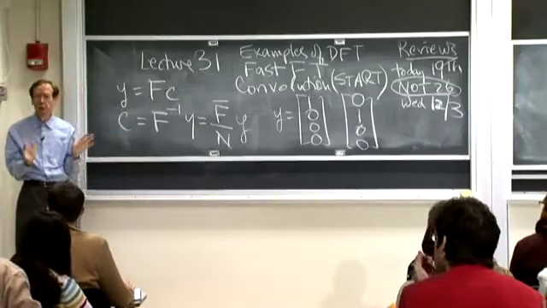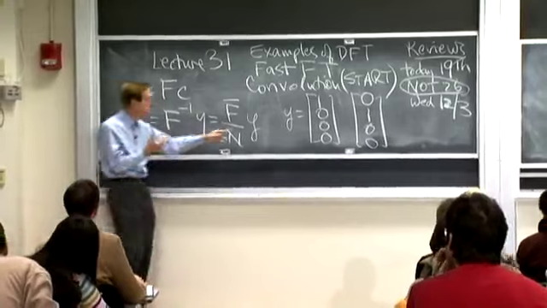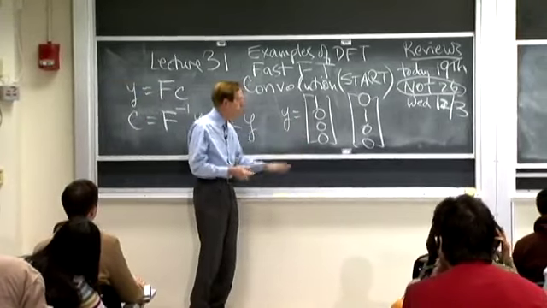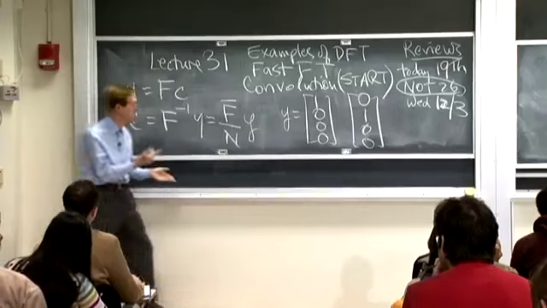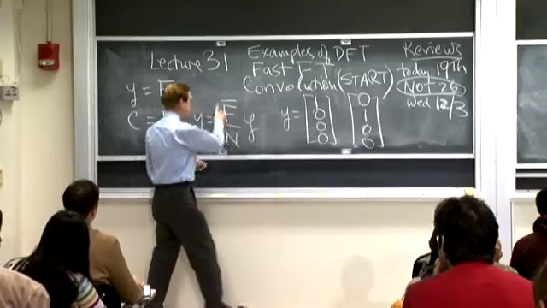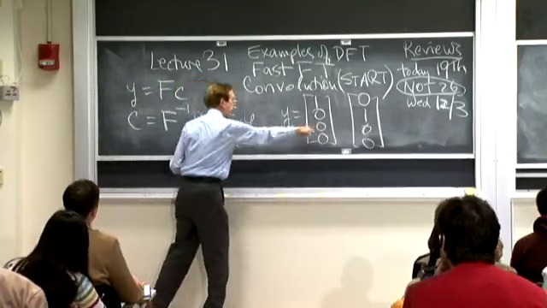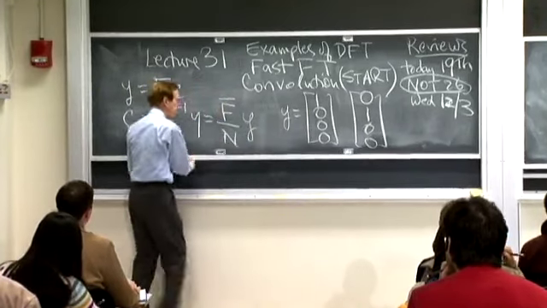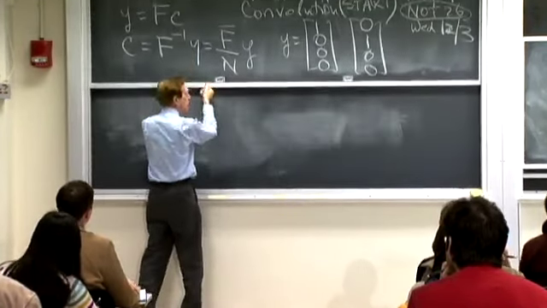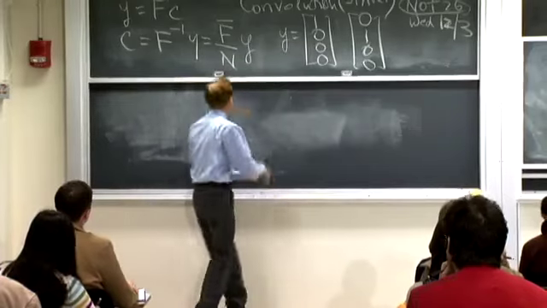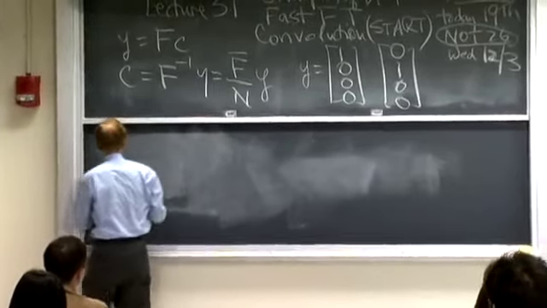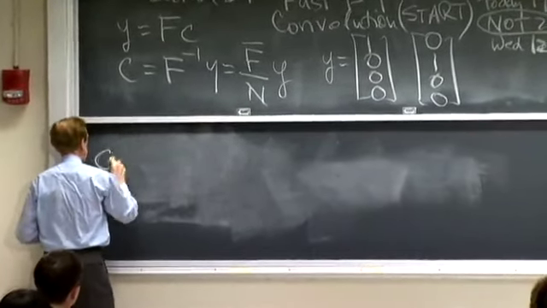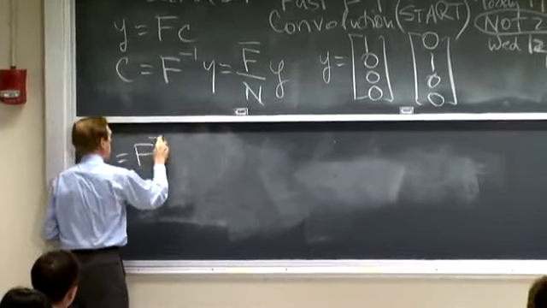Okay, ready to go on this example? Gives us a chance just to remember what the matrix looks like, because if I multiply this inverse matrix by that vector, it's just going to pick off the first column and it'll be totally easy. So let's just do it. So if y is this one, I want to know about f. What are the Fourier coefficients of the